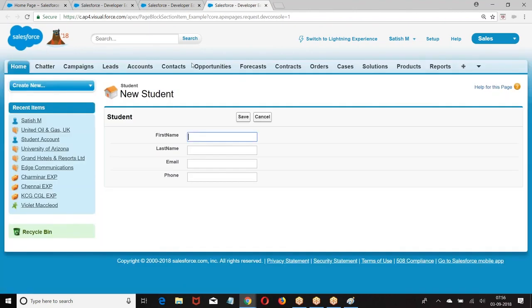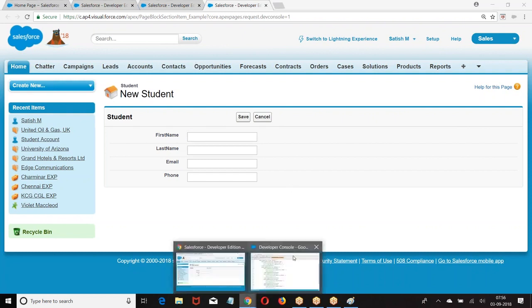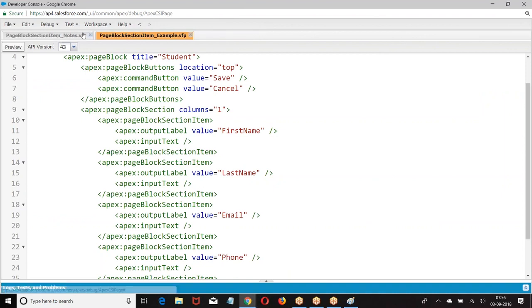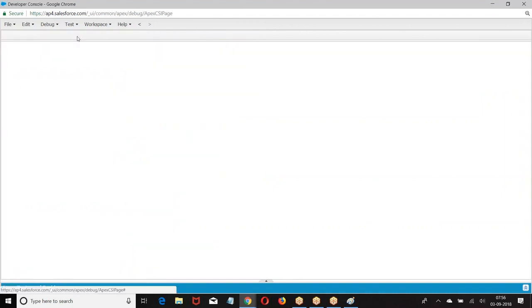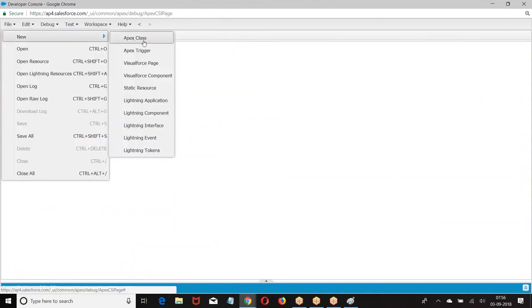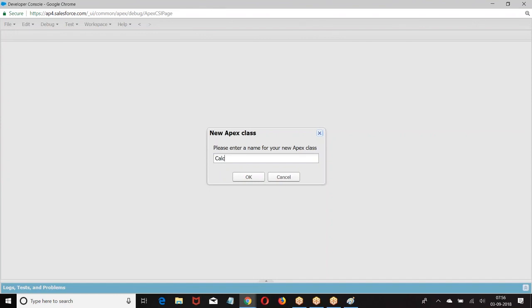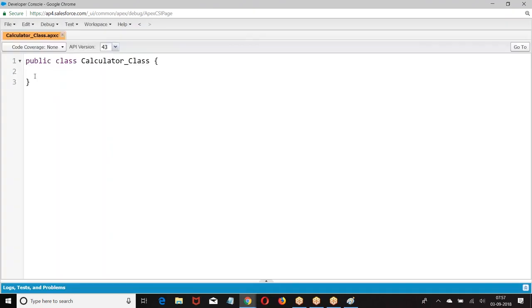Now I want to connect this program with an Apex class, make some operations in the Apex class, and get back to the VF page again. Let us see this with a next example, a basic example.